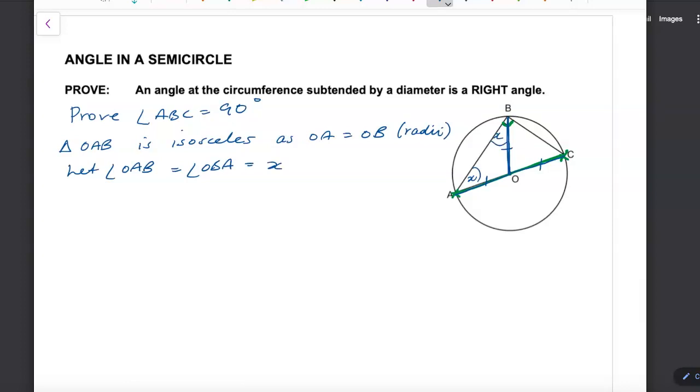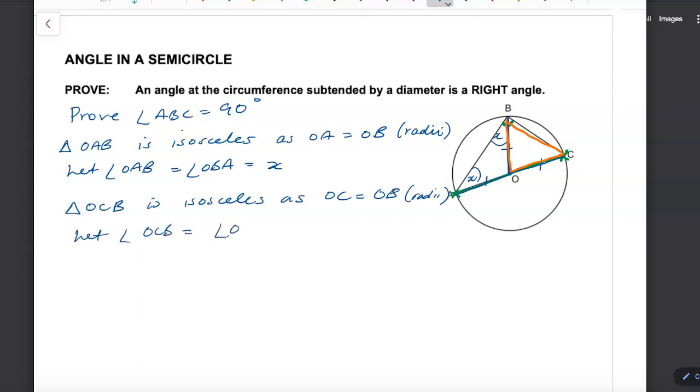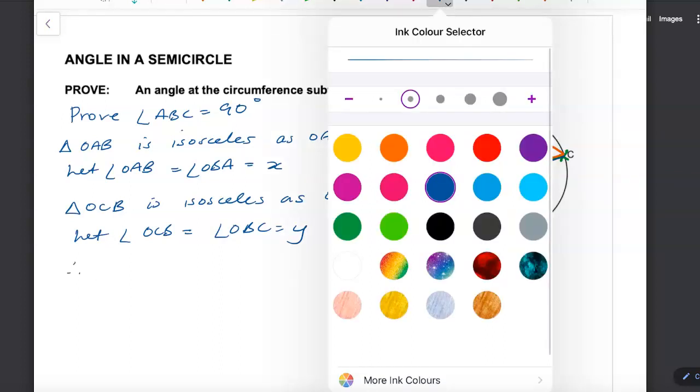Now, if we look at the other triangle that we've created, OCB, in triangle OCB, I know that this is also an isosceles triangle because OC and OB are equal because they're also both radii of the circle. So we're going to let angle OCB and OBC equal y. So for the large triangle, ABC,